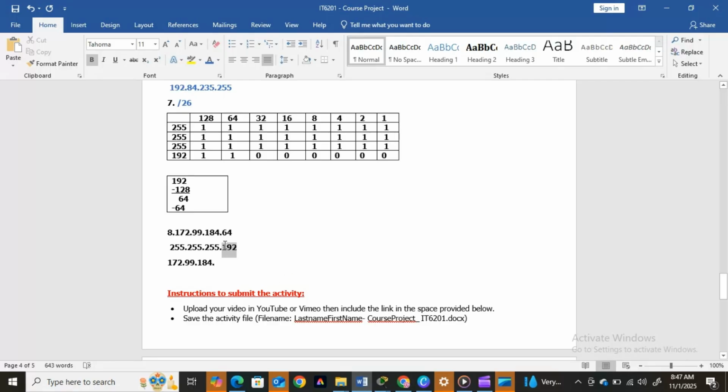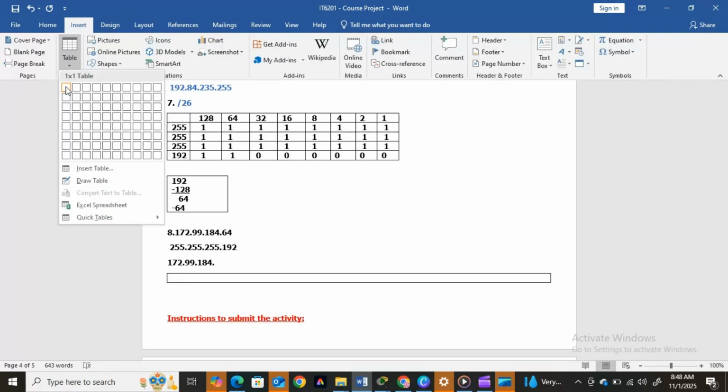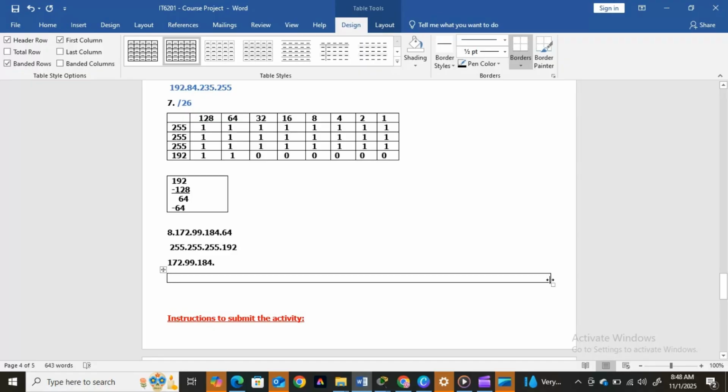Since the last subnet mask value is now 0, we have to use the formula to be able to get the last answer for this broadcast address, just in the table. So to use the formula to get the answer,